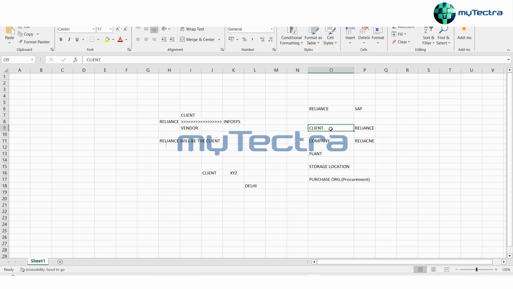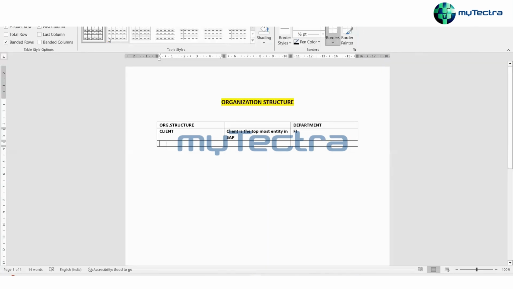Suppose I talk about the client. Though it is a part of SAP, the configuration changes and whatever changes are done in SAP for this particular thing will be done by the finance team, not by you. That's why the client comes under the finance team, under the finance module, and in the same way the company code. You can say company or company code, whatever.